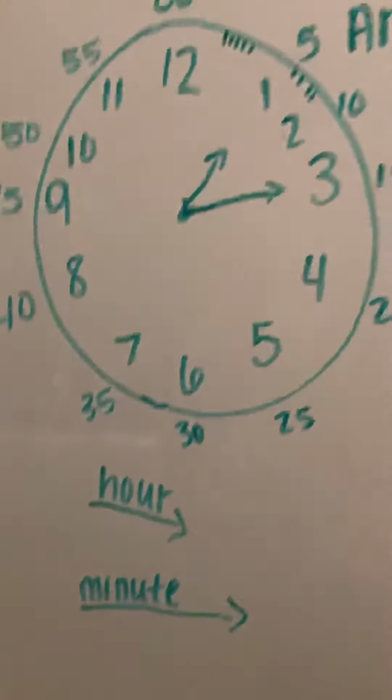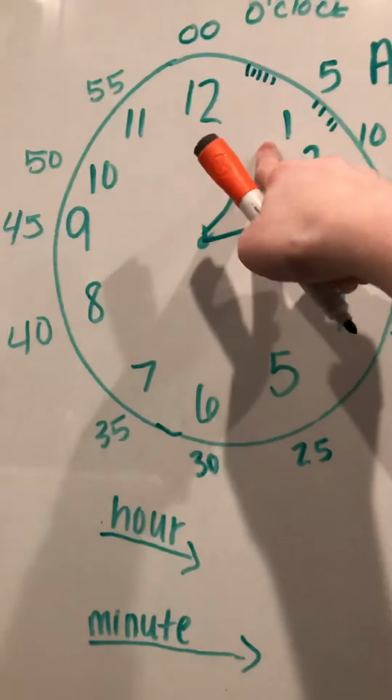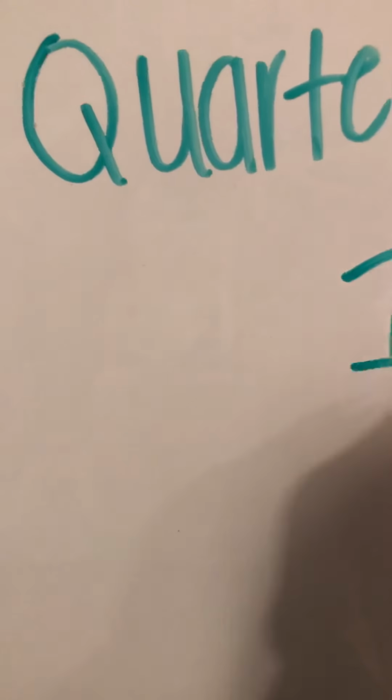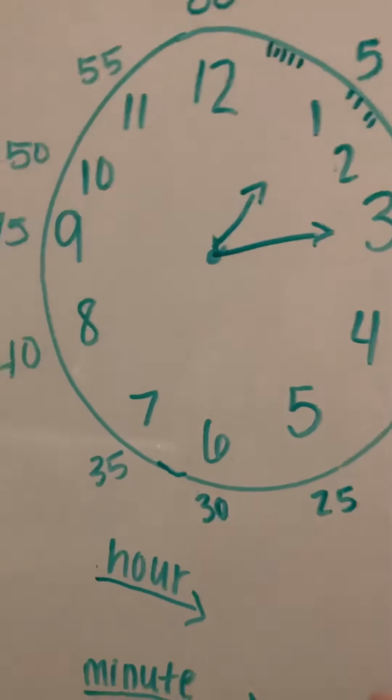And when it's 1:15, we can also say that it's a quarter past 1. That's another way of saying 1:15 because